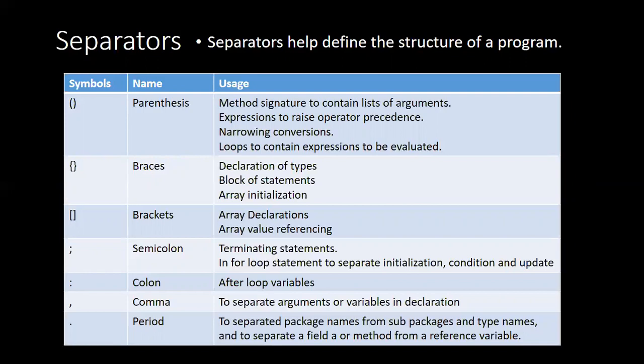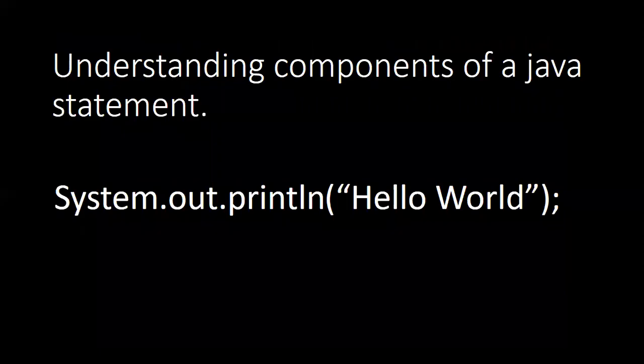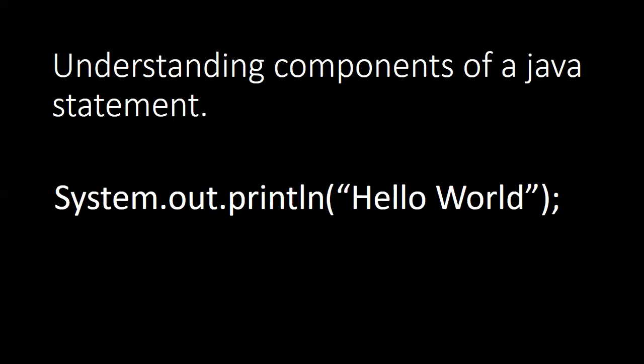And the period, or full stop, or dot, is used to access the important functions inside a package or a method. So let us understand the components of a Java statement. System is a keyword, followed by a separator called dot, then out. For every student, I say that you don't have to understand each and every keyword of this Java statement right now, because Java is a vast programming language and it's quite difficult to understand every keyword. In the process of learning, you will understand the different keywords.